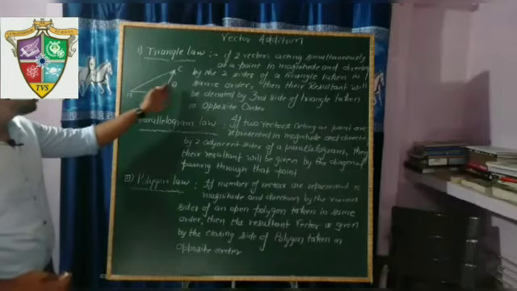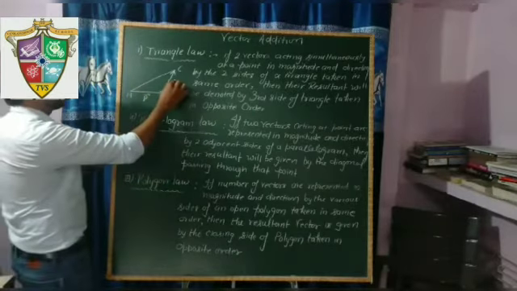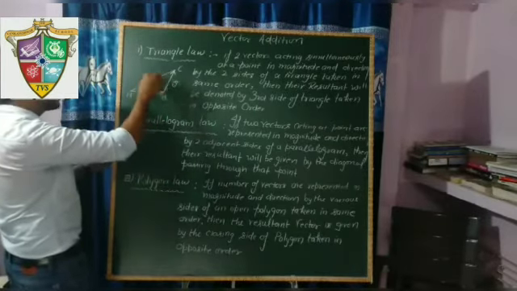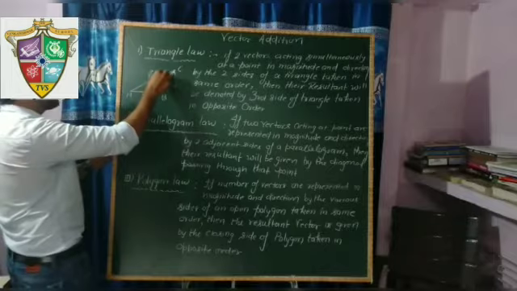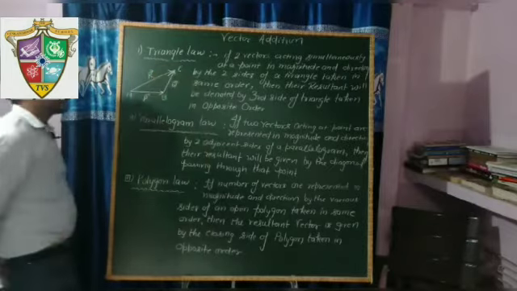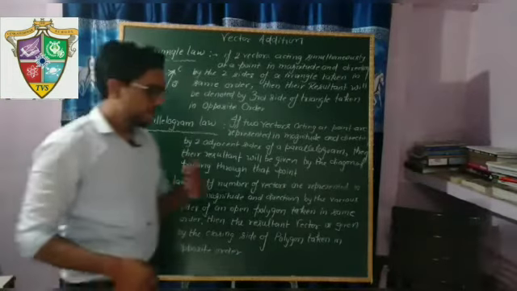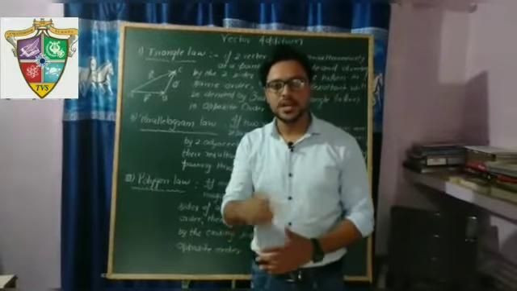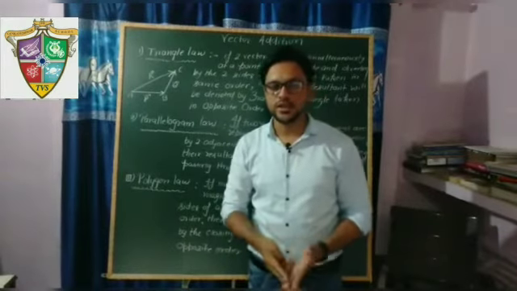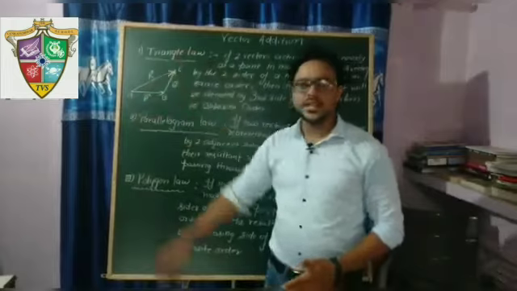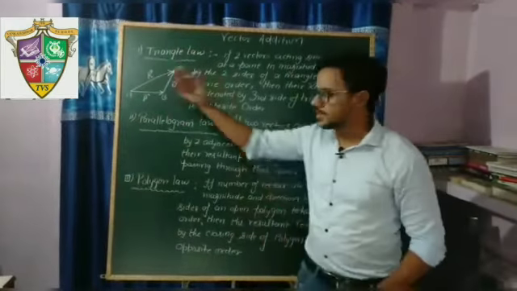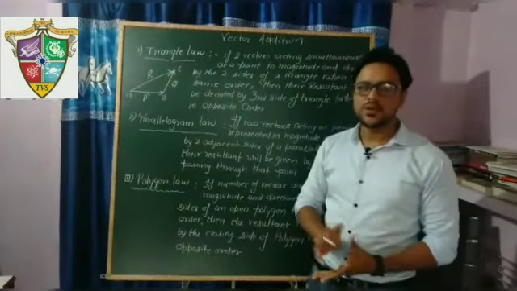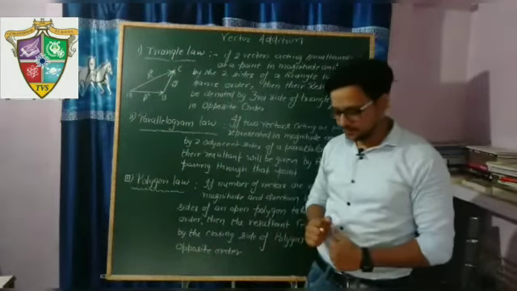Then the resultant of these P and Q vectors will be given by this third side AC, but the order should be opposite. This is the opposite order. So if we have two vectors and want to add them, we denote them with the two sides of a triangle taken in the same order, then the resultant will be given by the third side of the triangle. So this is how we can add two vectors.